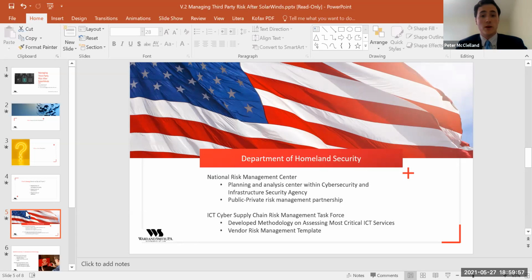The Department of Homeland Security has the National Risk Management Center. It is tasked principally with planning and analysis within the Cybersecurity and Infrastructure Security Agency.